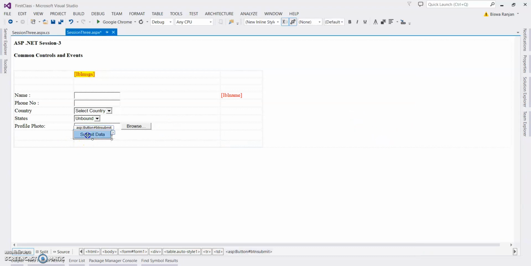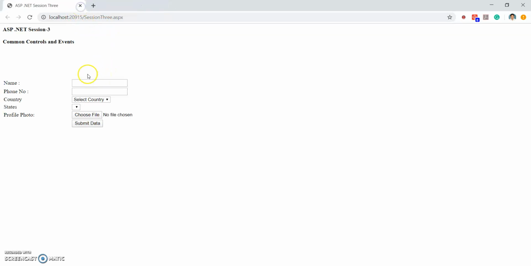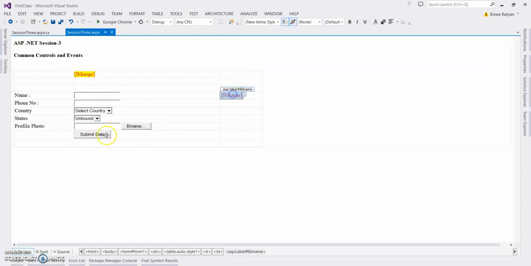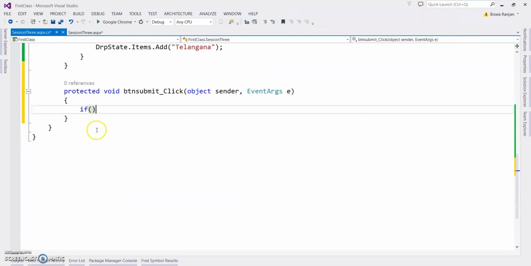So in submit data you can see, run this application. This label is not showing, so I will do it programmatically to show the label, just like we did here. So I'm just doing validation.